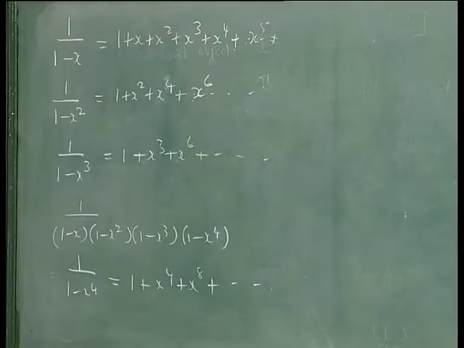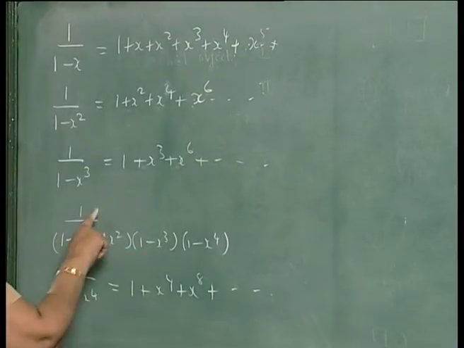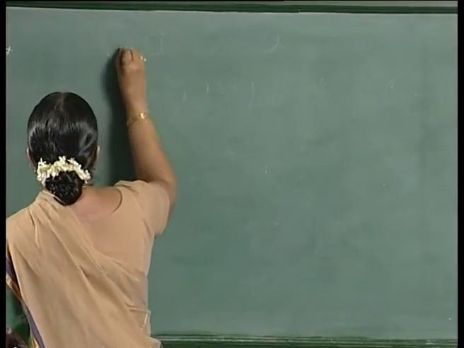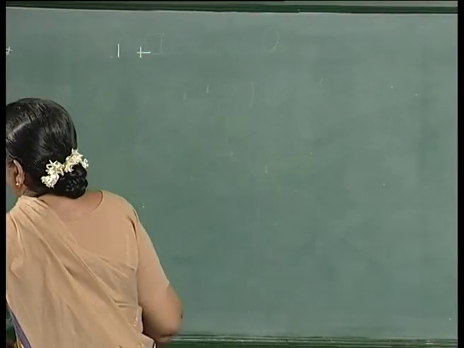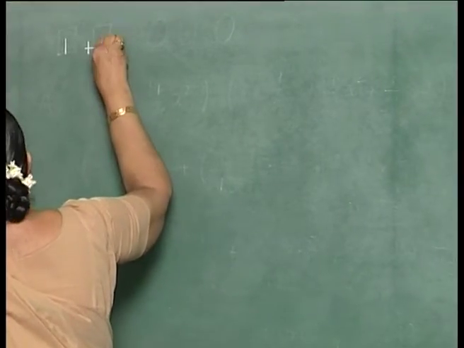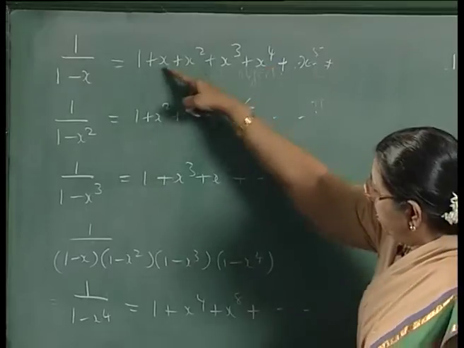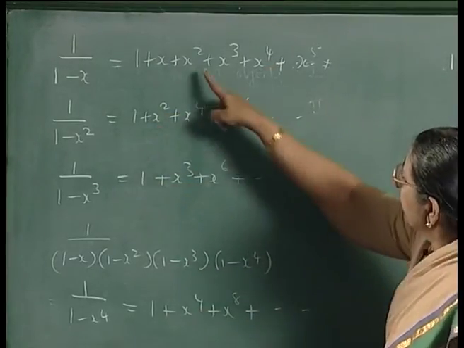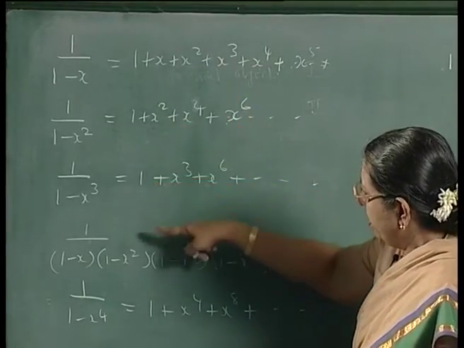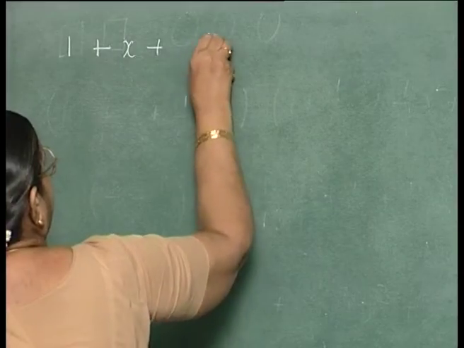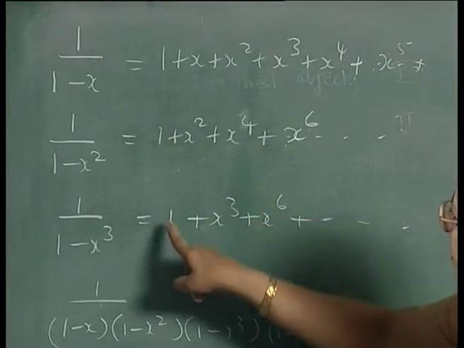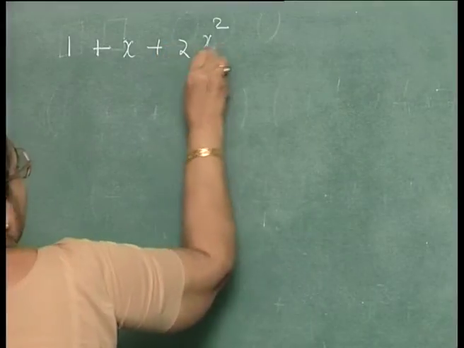So, let us consider this. If you consider the expansion of this, you have to multiply this. So, what will you get? You will get the constant term as 1, and the coefficient of x is, x can be multiplied with this and this. x squared, what will be the coefficient of x squared? You can take x squared from here and multiply with this, and you can take x squared from here and multiply with the one other. So, it will be 2x squared.